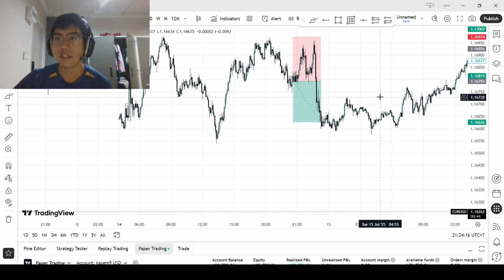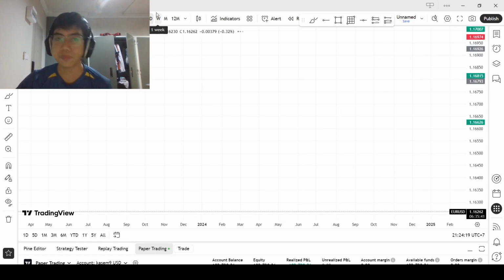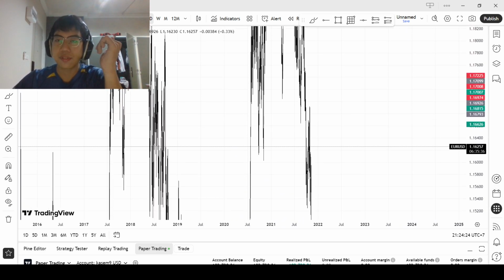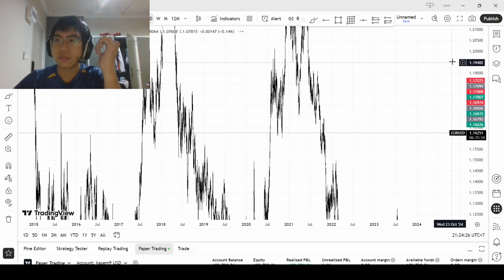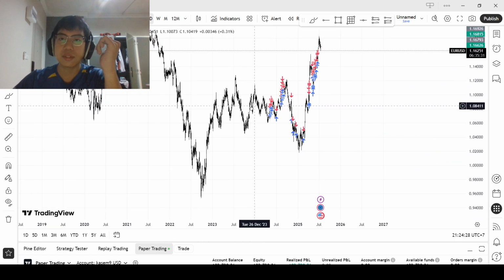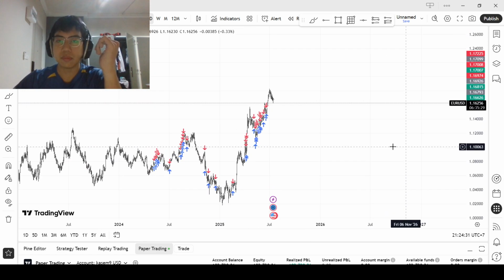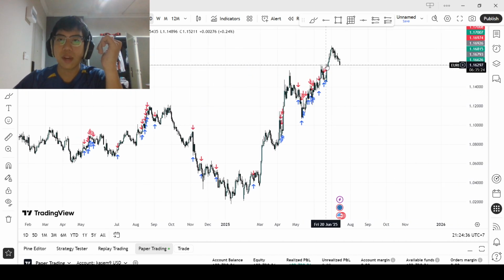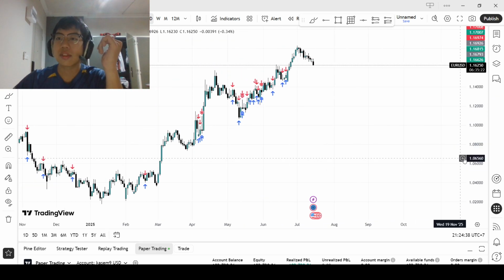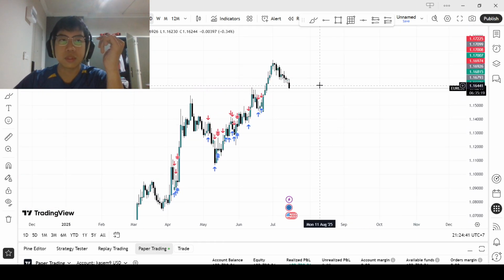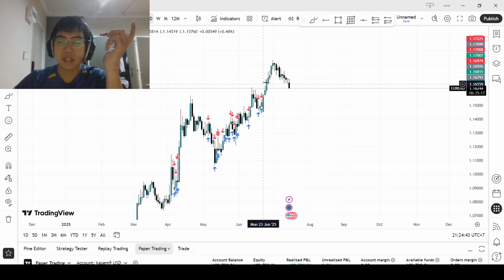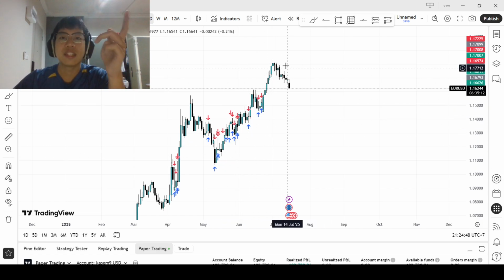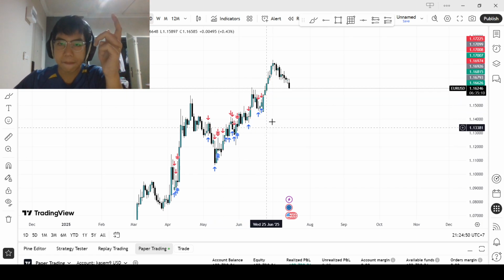So if we take a look at the daily, determining the daily bias for yesterday was pretty easy. You know, it was rising for days, the trend, the bias was bullish for days. And when I say for days, it was bullish for days. Look, these are all the times I've been traded, and it was bullish.